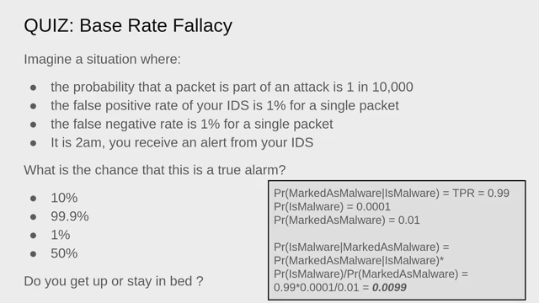The probability that something is malware is highly improbable, and the probability that something is marked as malware is 1%. So the probability that something is malware and marked as malware is slightly less than 1%, which means that depending on the situation, you may still want to get out of bed, like if you're working in a highly secure environment, but highly likely this is going to be a false positive,